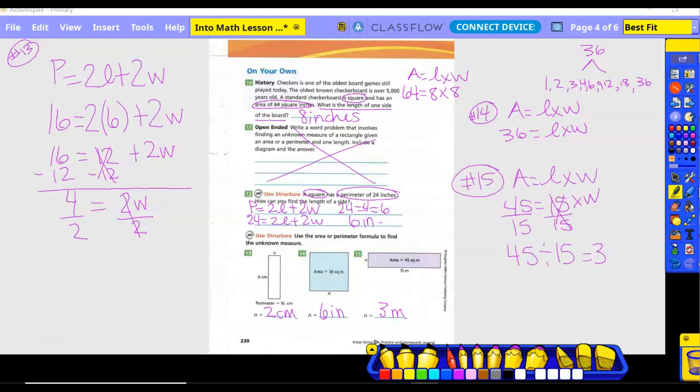Number 15, we knew we were looking for the missing width with area. So area equals length times width. We took 45 equals 15 times W. We knew we had to get